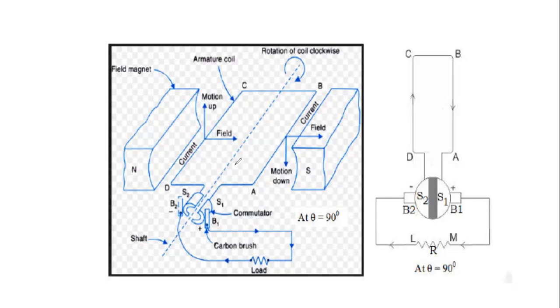Okay, this is the rectangular conductor A, B, C, D, that will be placed in between the north and the south poles. Okay, in that, instead of slip rings, we are using the commutator segments. At the end of this AB conductor, we are connecting the commutator segments, the split rings. The purpose of these split rings is to rotate the conductor, and also it rotates itself. That means the commutator rotates, and along with it the conductor also rotates.